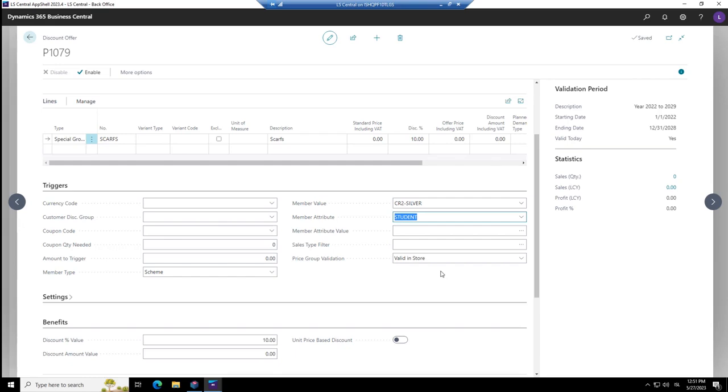So you can create lots of different attributes in the system and use them in all offers. I'm showing you here how you can use them in discount offer. The method is the same for promotion, for mix and match offer, and for all the other offers we have in the solution.